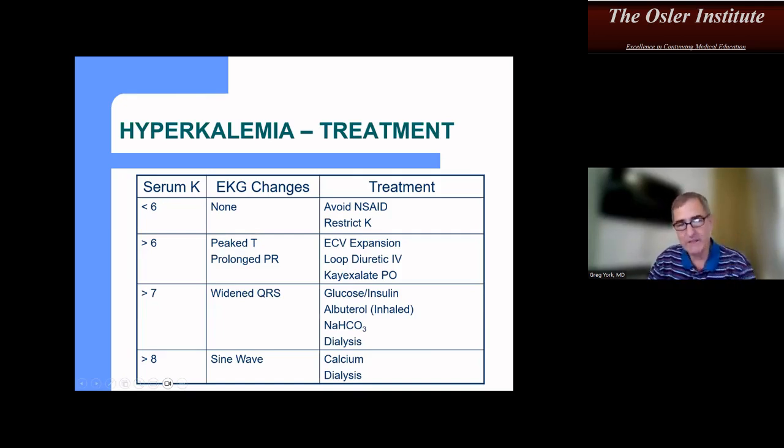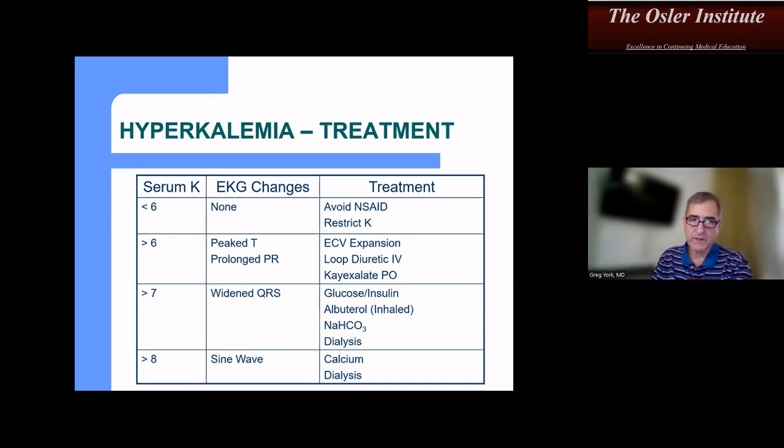So this slide here, it's an estimate. It's not that if you're greater than 7, you're going to see a widened QRS every time, and you have to give glucose, insulin, albuterol, bicarb. This is a slide with just some general guidance on it. The bottom line is that the first treatment of hyperkalemia is to avoid potassium, those things that make potassium hang around in the bloodstream. NSAIDs, restrict potassium intake. As the potassium goes up, and we want to start treating it, typically around 6, then we can do that with